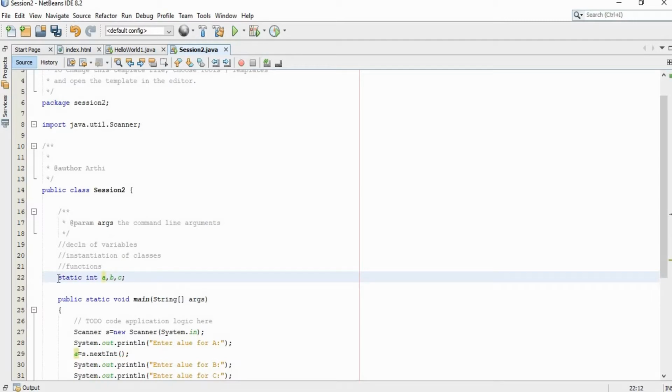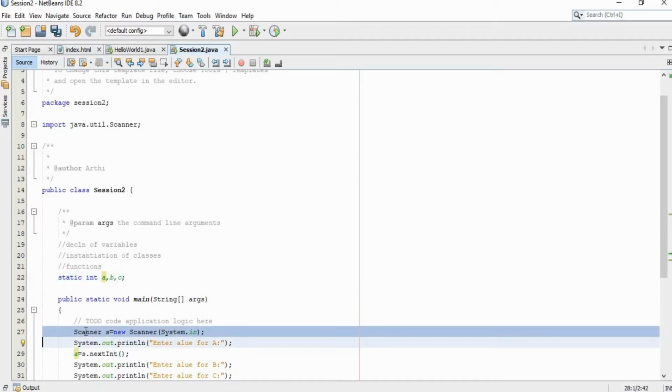So what we have done is we have read an input value for the variable a from the user. For that we have created the object s for the class Scanner. Using this object we are going to read a value from the user for the variable a, and we store the value provided by the user in the variable a.